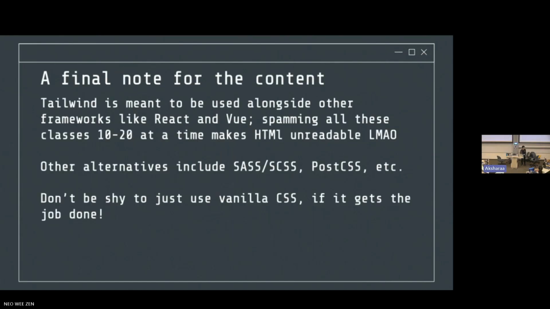So just a final note. As you've seen inside the Fireship video, Tailwind isn't really meant to be used alone. It's supposed to be used alongside frameworks like React and Vue. Okay, sorry, React isn't a framework, but you get what I mean. What are these frameworks and libraries? You'll find out tomorrow in the React Next.js class with